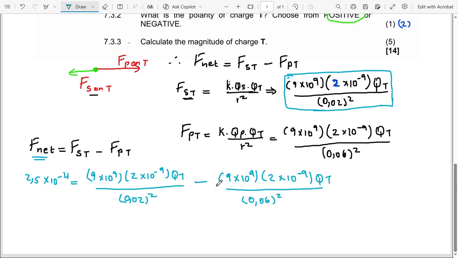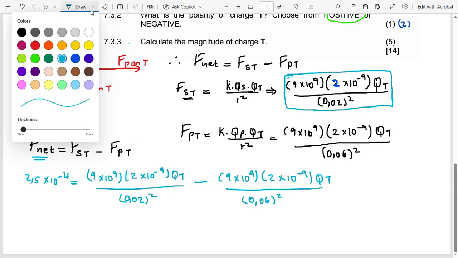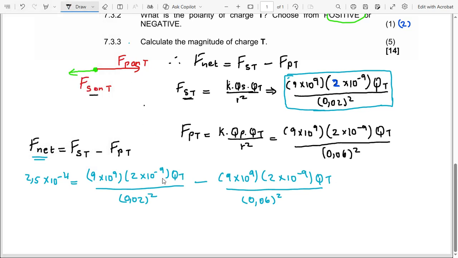So I know that someone out there is saying, can we take out the common factor? Yes, we can take that QT out as a common factor. Then we punch that on the calculator, guys. I don't have much space, so I'm just going to skip some of the problems. So what I'm trying to say is that I'm going to remove this and that as my common factor,